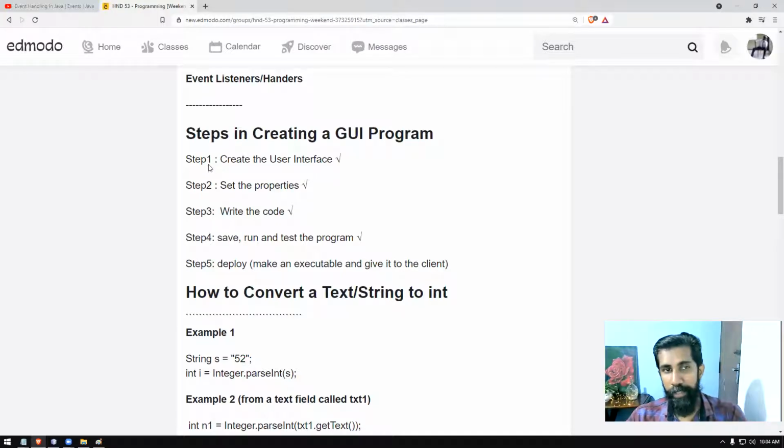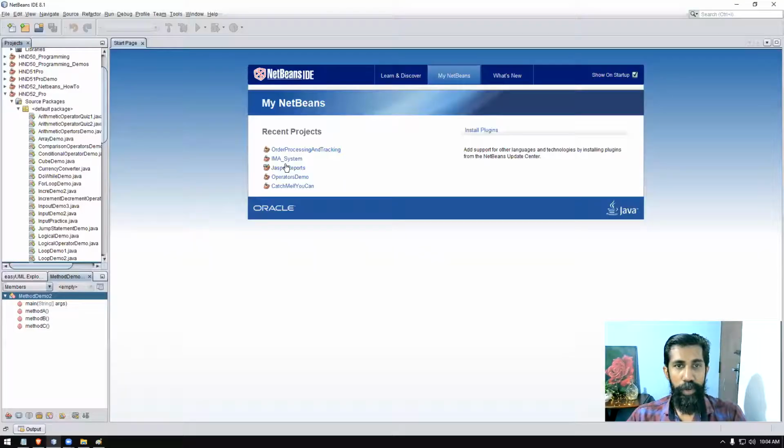I'm not going to read everything. I'm going to demonstrate step 1, 2, 3, 4. Then I will come back. So let it be this screen here. Let's go to our program. I'm going to show you how you can build a GUI program. You are not practicing with me. This will take about 5 minutes. After that 5 minutes, I will again pause the video. Then I will give you time for you to practice, right? Or you can practice with me.